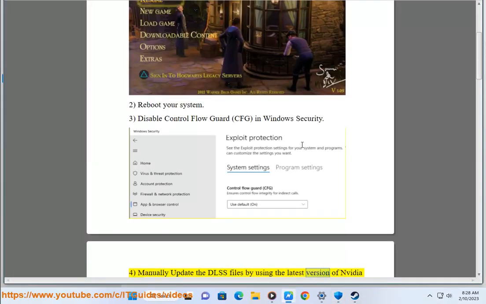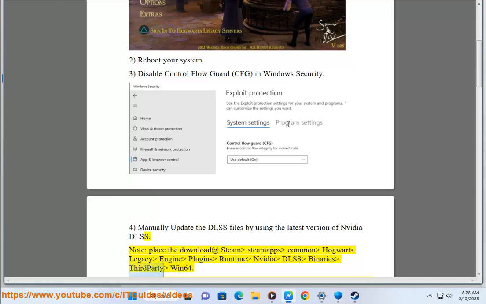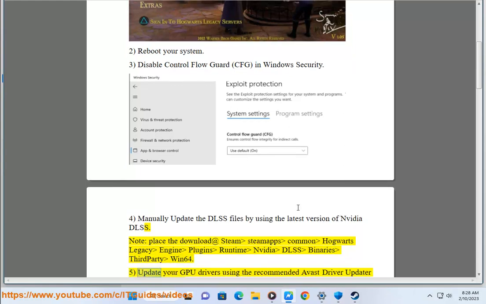DLSS files by using the latest version of NVIDIA DLSS. Note: place the download at Steam Apps Common Hogwarts Legacy Engine Plugins Runtime NVIDIA DLSS Binaries Third-Party Win64. 5. Update your GPU